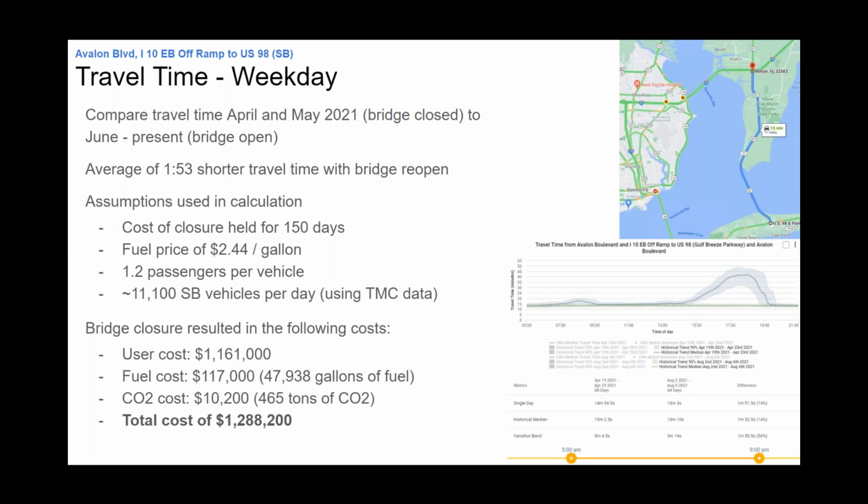And then when you combine the two effects on both sides of the road, you can really see what the impact of travel time can have on the general public and the general consumption of fuel and time. So it's a really fun way to quantify the impacts through just simple travel time and count information along a corridor. And the total cost of the bridge closure to the public was about 3.6 million. So a really exciting way to look at the data, and a really great story about how data could be applied.